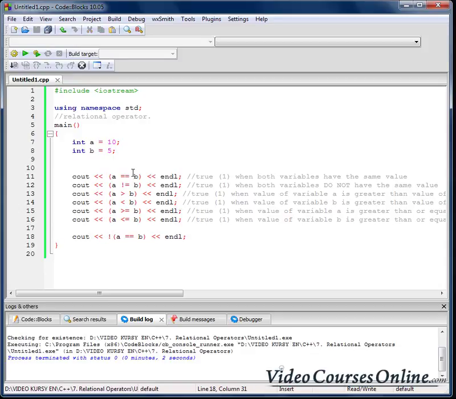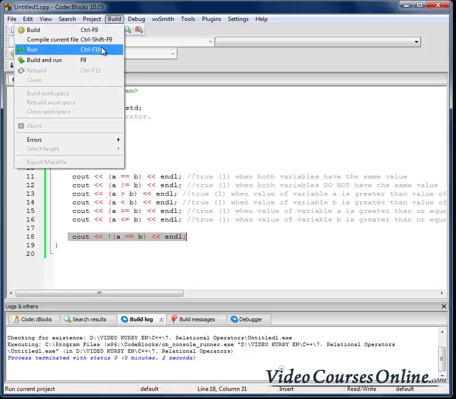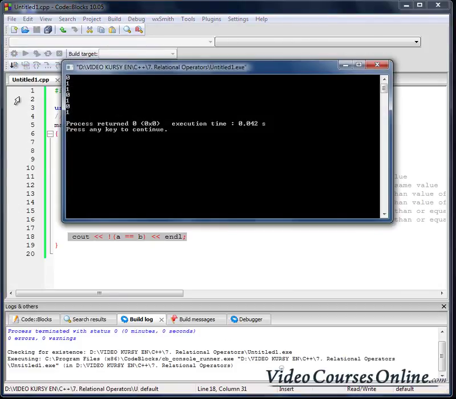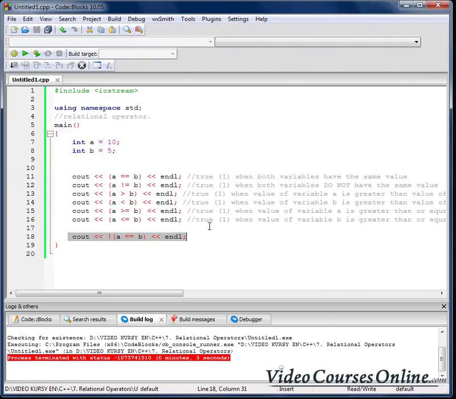So in our situation, a is not equal to b, so that will be true. So that notation is the same as